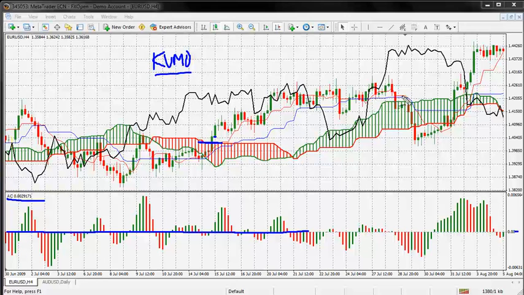But sometimes that doesn't always work in your favor. You can see here where this red bar, which is a bear bar, a down bar, breaks out of the cloud, and if we were to go short on the next candle, as is sometimes advised on a Kumo breakout, it goes back up. Now, why did it go back up? Well, the reason why it went back up